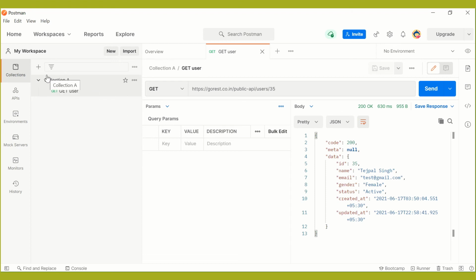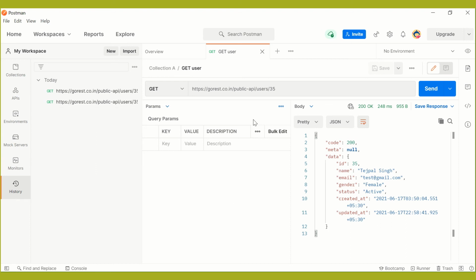As soon as I saved it, you can see the collection available over here, and it also shows the different requests available in this collection. We also have this History tab, which shows the requests that we have sent till now. If I send the same request again, you can see we have two entries created here for the two requests that we have fired to the HTTP endpoint.